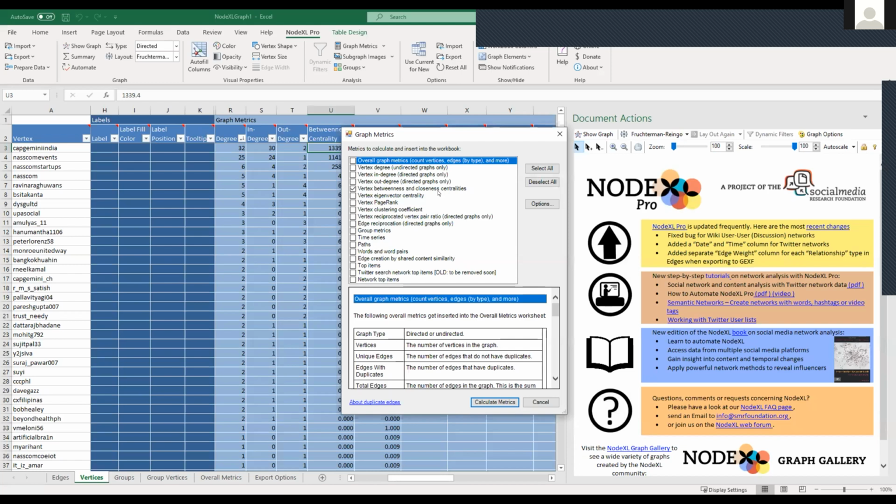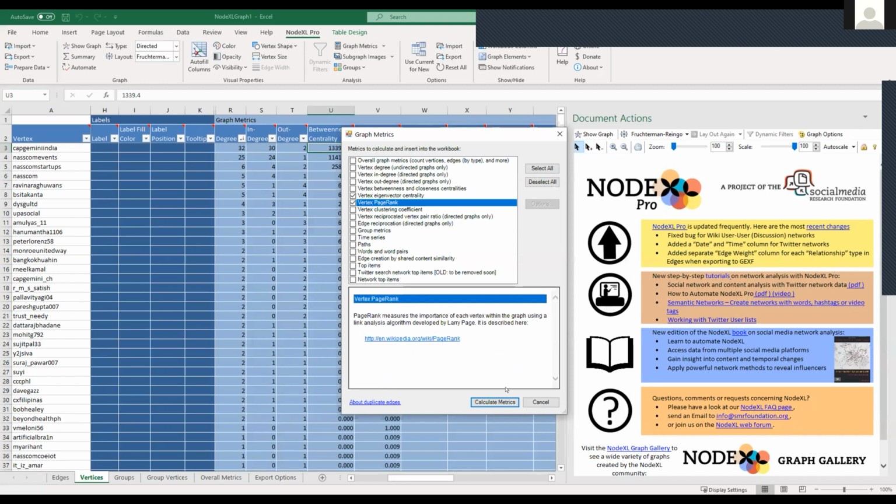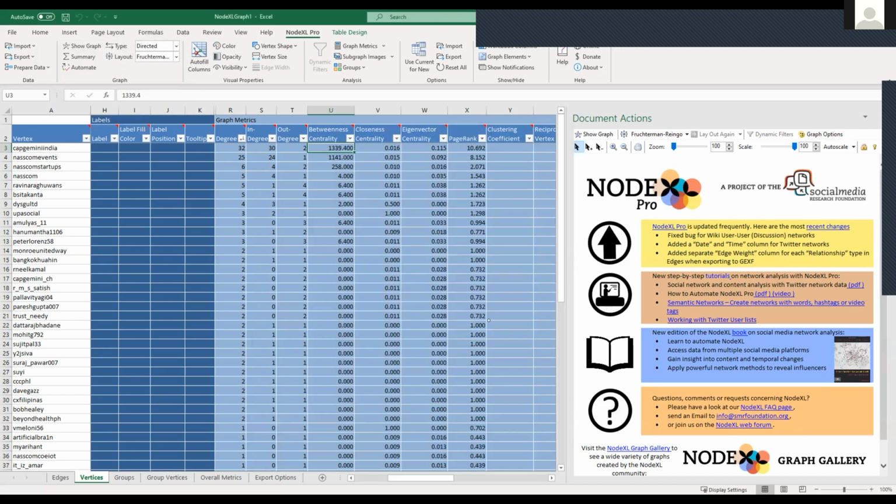The next statistic would be, I'll calculate both na lang, eigenvector centrality and page rank. These are measures of influence of a node. So the easiest way to explain that is, they're actually very similar, no? Page rank is based on eigenvector centrality. PageRank yung ginawa ni Larry Page ng Google, and I think that's what their search rankings nila is based on. But basically, for our terms, an easy way to explain it is, you should be considered more influential if your connections are with other influential people.